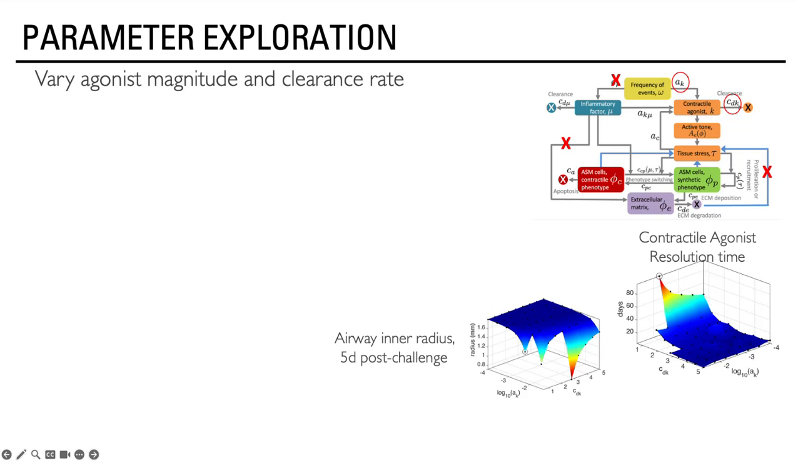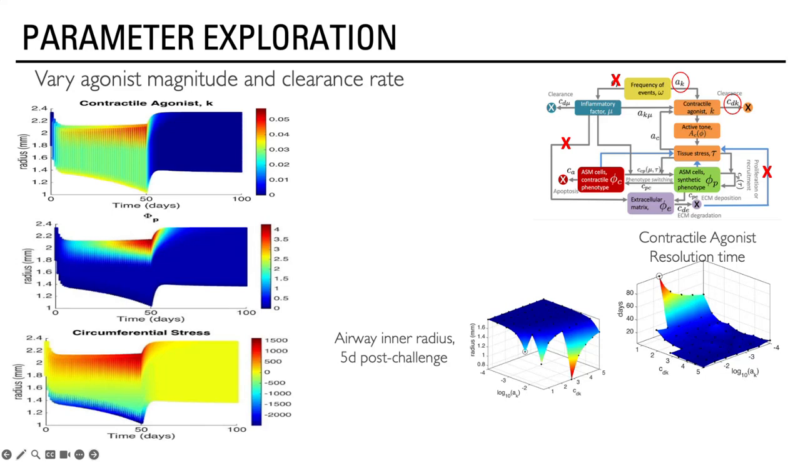And what I'm showing you here are surfaces starting from some initial starting radius, the blues. What this shows is how much that inner radius has changed for different values of these parameters. And this picture here shows how quickly the contractile agonist resolves in time. Okay, so picking just one point on that surface, we can look more carefully at what's happening